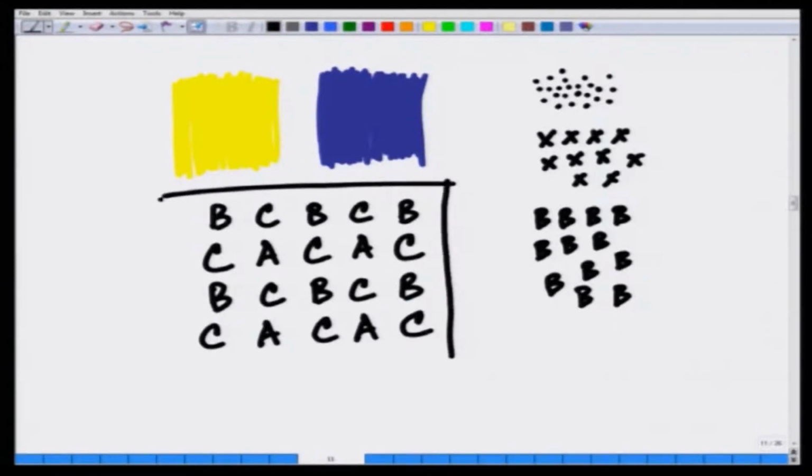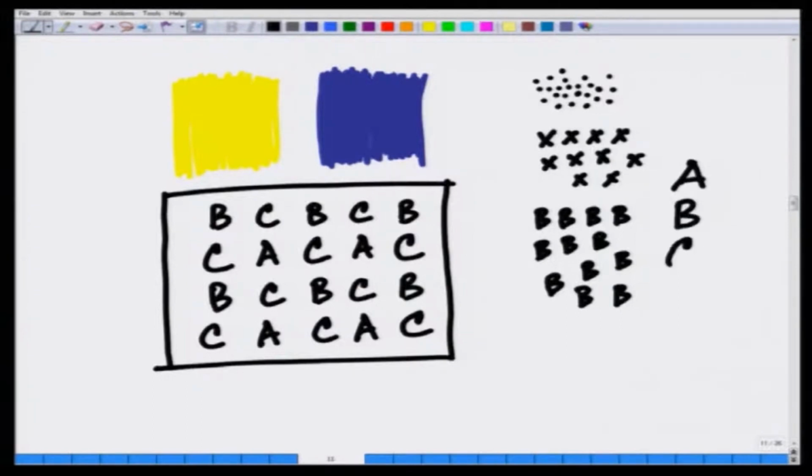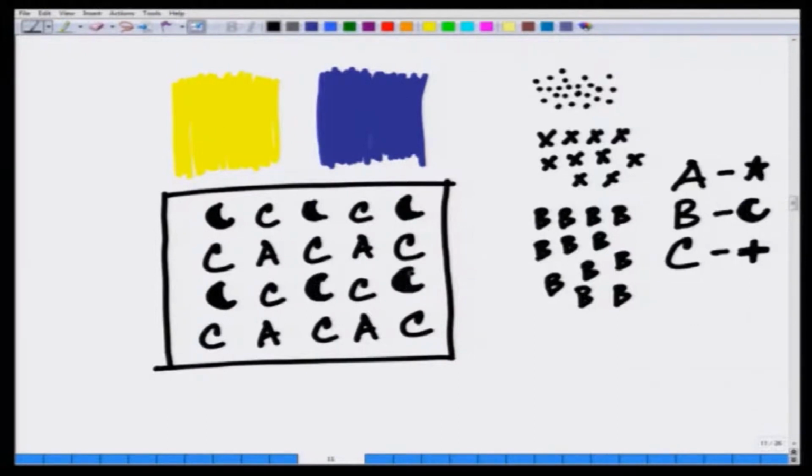So in this pattern, we have 3 units. One is A, the other one is B, and the other one is C. For example, if we create a textured surface with A as star, B as a crescent, and C as a cross, then we will keep on replacing all the B's with crescent, and all the A's with star, and then all the C's with a cross,